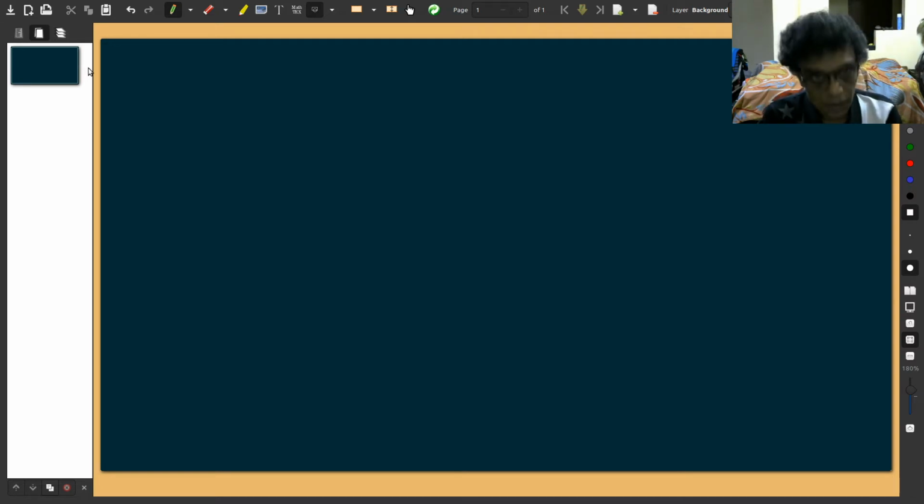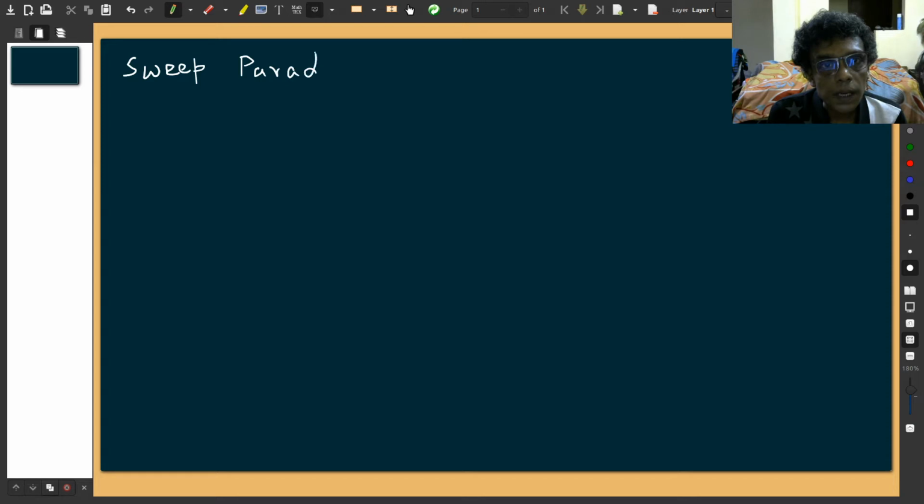Hello, today we start a new topic. This is called the sweep paradigm. This is an important and interesting thing which is very specific to geometric algorithms. So what happens here